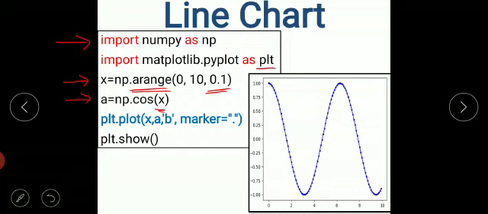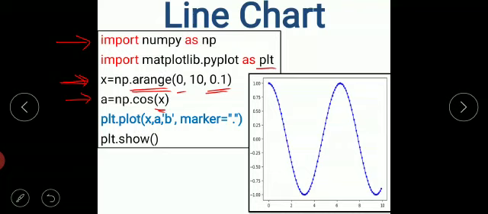Like cos 0, the first value of x will be what? 0, right? Cos 0 is what? 1. So like this you will be having the values. So x and a both are having the sequences. x is having the array sequence from 0 to 10 with a step value of 0.1, and a is having the cos value of x, right?